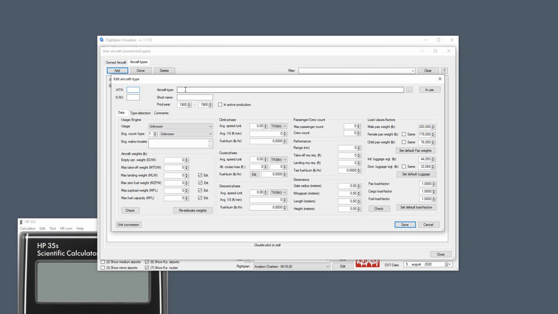Here you can see that you can now enter the IATA code and the ICAO code and the aircraft type name. But instead of an aircraft name as for an owned aircraft, you are asked to enter a short name. Right now, I don't use this short name in the software, but I plan to do it sometime in the future. Instead of listing those long names,